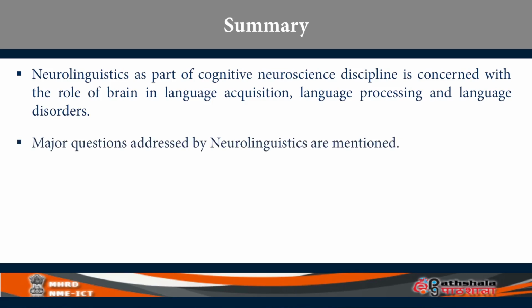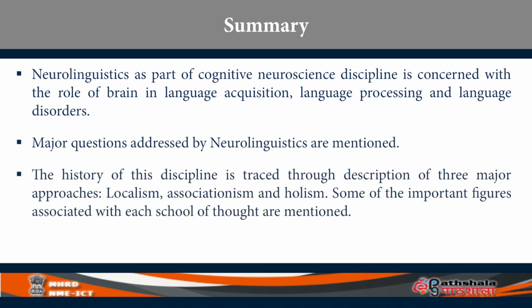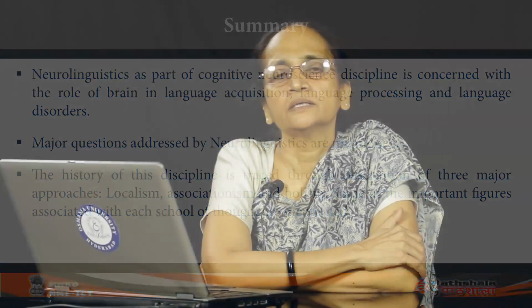We discussed some of the major questions neurolinguistics is trying to address, and we talked about the history of this discipline during the past century, along the lines of three major approaches: the localist or localizationist approach, which says that a specific part of the brain is responsible for a specific function. On the other hand, associationism, promoted by Wernicke and later Geschwind and others, says that it is the connections between two areas which are more important than specific areas